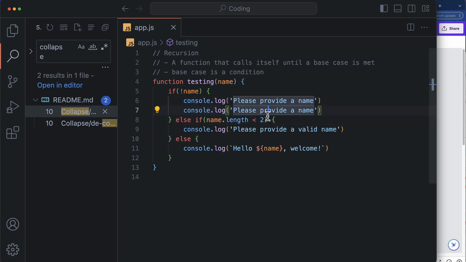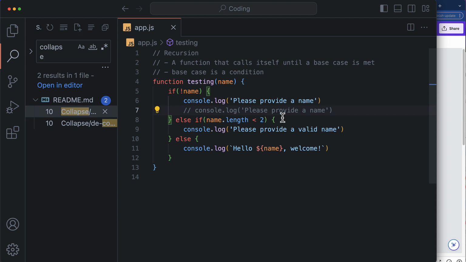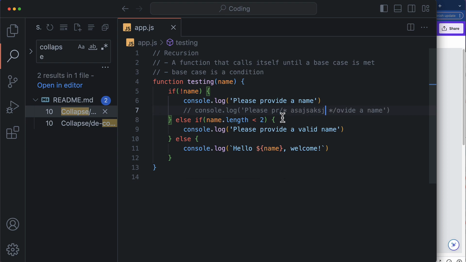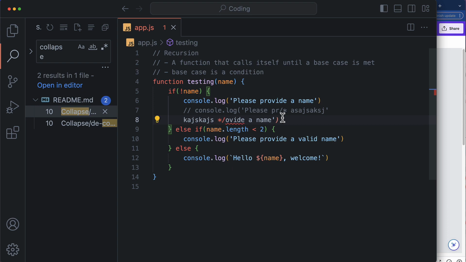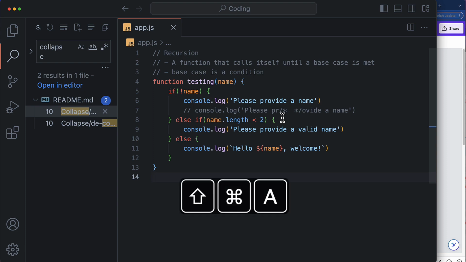To comment out one line is Command question mark or backslash. To make multi-line comments, it's Alt Shift A, so we can write a multi-line comment. Here it's not good here, but if we come here, Alt Shift A,